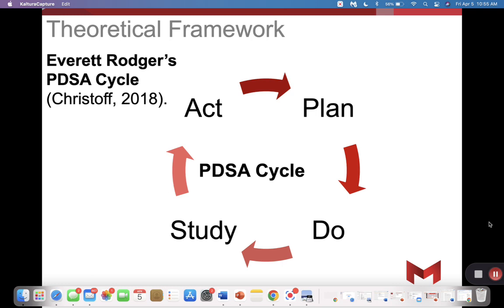I will now talk a little bit about the theoretical framework behind this project. A strong way to link current evidence-based practice with nursing theories is by finding a model that actually parallels the phenomenon of interest. This DMP project was best represented by Everett Rogers' PDSA cycle, or Plan, Do, Study, Act cycle, which